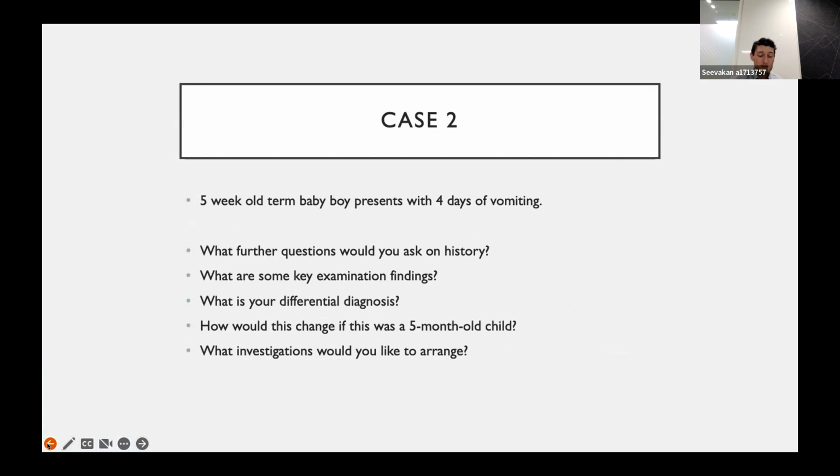Any other investigations? So we talk about bloods, urine, abdominal X-ray. Anybody? Ultrasound? Yeah. Sorry, I feel like I should have just said it right. But yeah, abdominal ultrasound is going to be your key investigation in this centre for the workup of a child like this. And that's because abdominal ultrasound can exclude all of the surgical conditions we're talking about. So it can have a look at the pylorus, measure the length of the pylorus, the diameter of the pylorus, the thickness of the muscle,